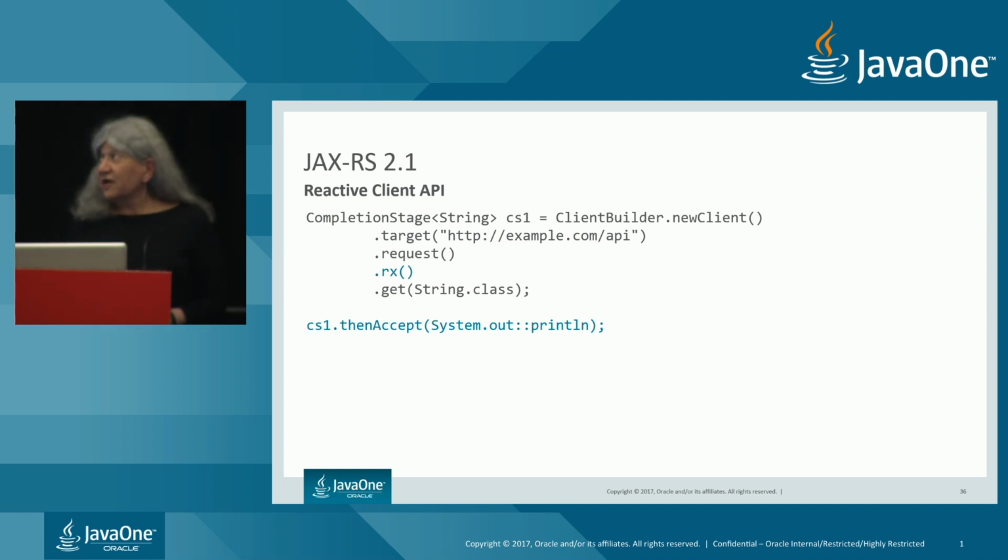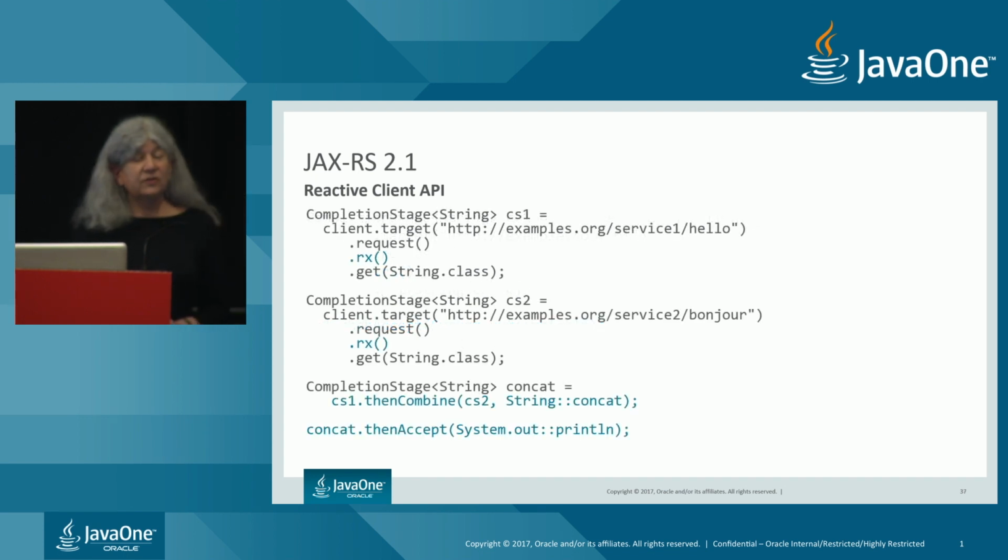So what JAX-RS 2.1 does is it offers an improvement over the style, which gives you more flexibility, namely an RX invoker, which gives you back instead a completion stage. So in this simple example, we're passing a method to the completion stage that just basically says print it out. That's not terribly interesting, but things get more interesting when you look at the real capabilities of completion stages, namely